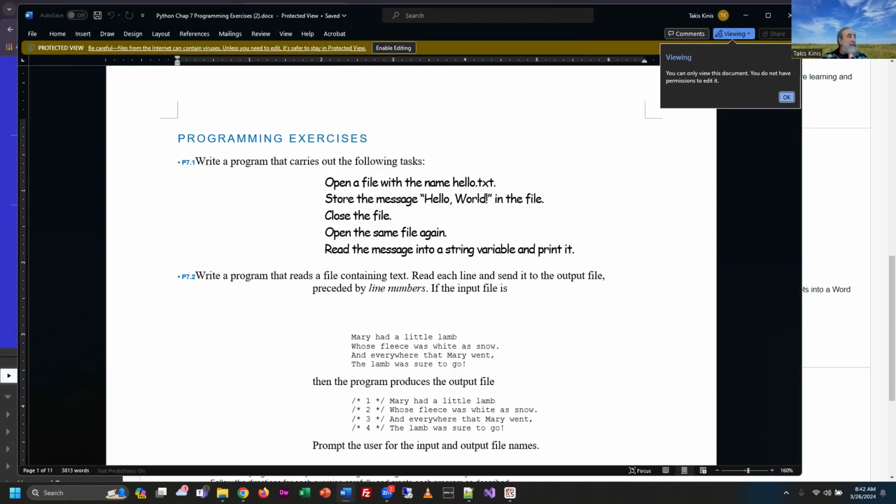Right. So it's a series of steps here. Now, there are a couple pieces to this that you've got to read between the lines on, right? It says open a file with the name hello text, all right? It doesn't say create the file, right? It just says open it, right? So in that folder that we just created,